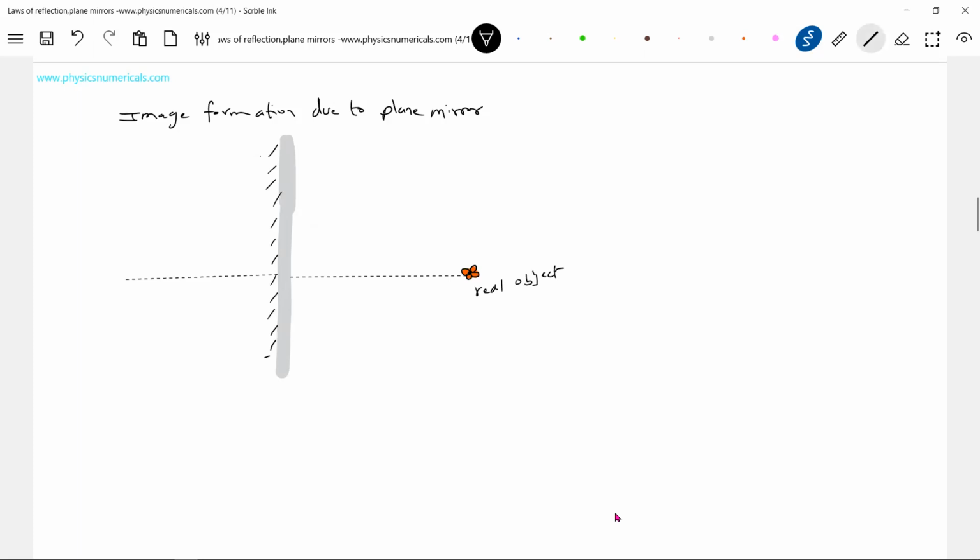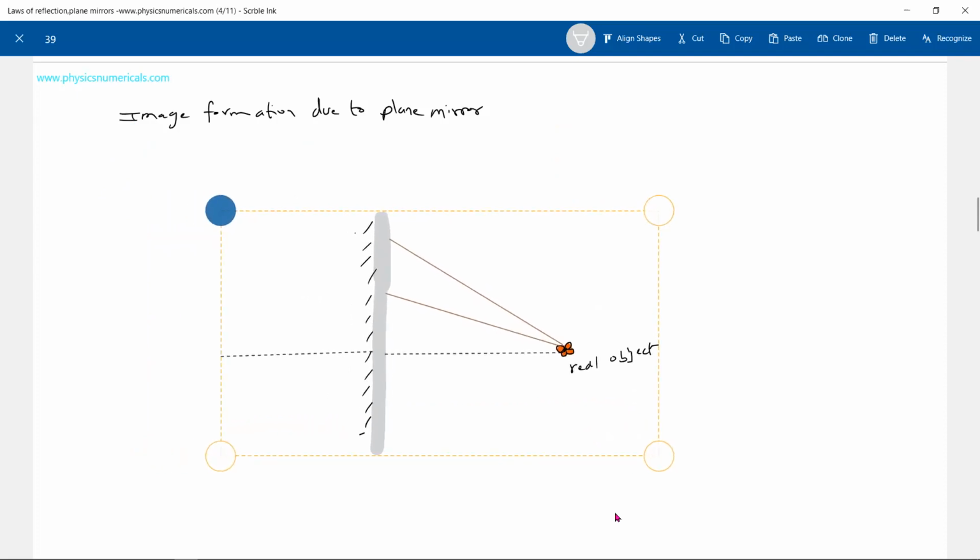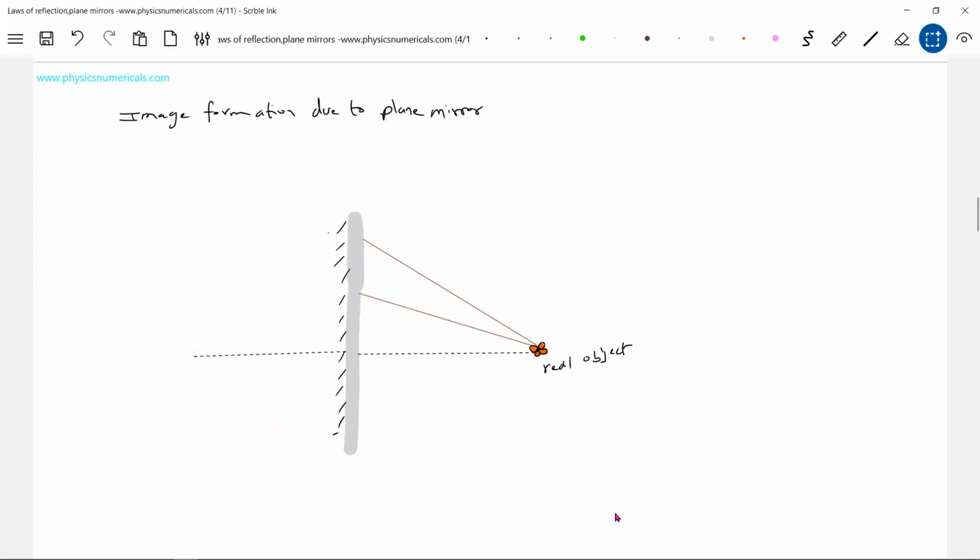What is the condition of a real object? The incident rays will diverge from a point. The point of divergence should be the real object. So I'll send rays here. Then after reflection, this is very, very important, a fundamental. So after reflection, what we see is like,